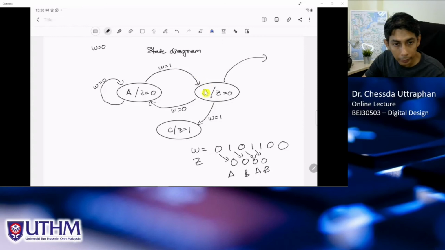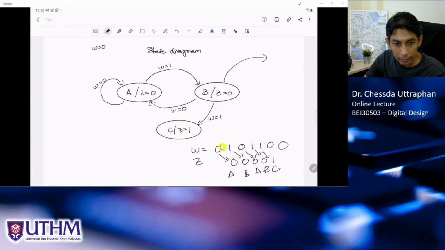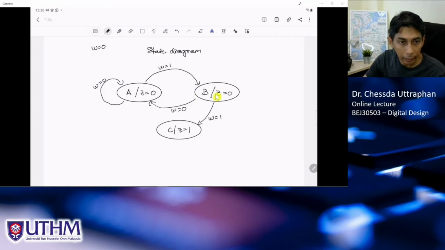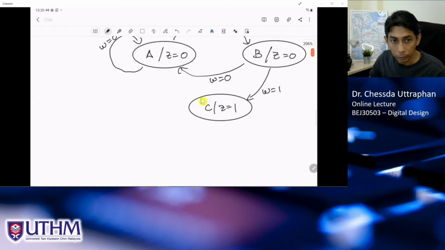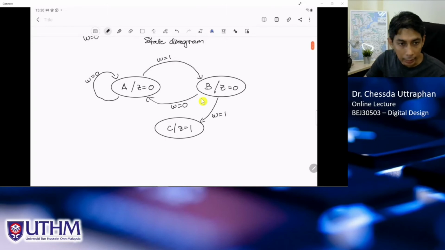And another 1 comes, this one, so we go to C and the output is 1. This looks like it is correct, right? Correct. 1, 1, we have 1, and we go to C. So that should be good. So we need to go back to A from here if W equals 0. Now at C,